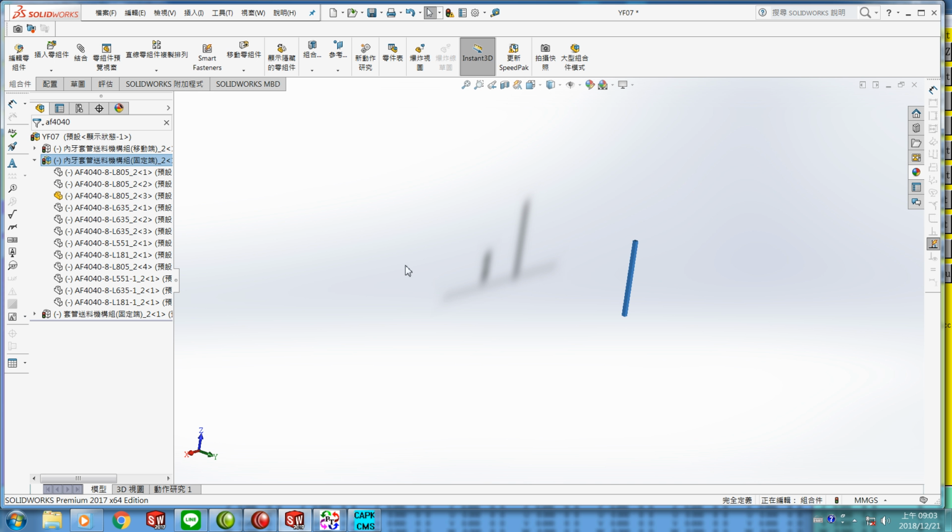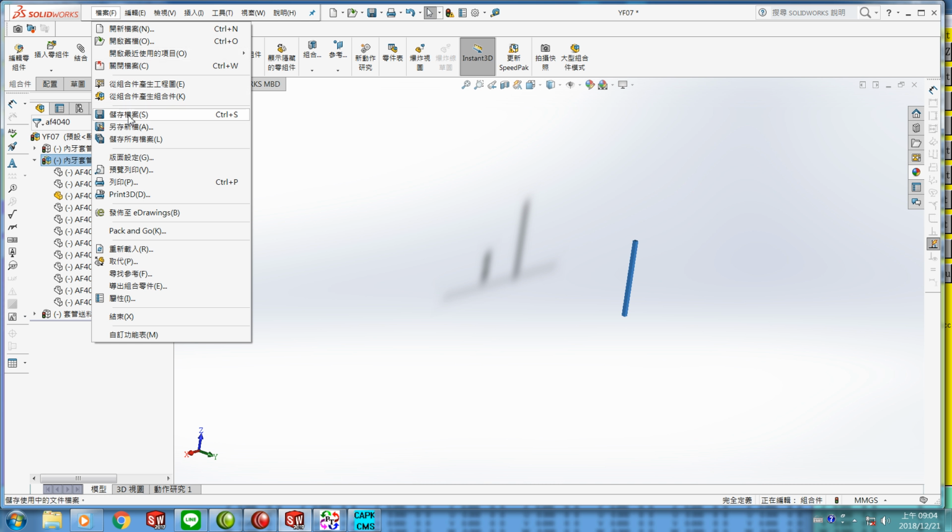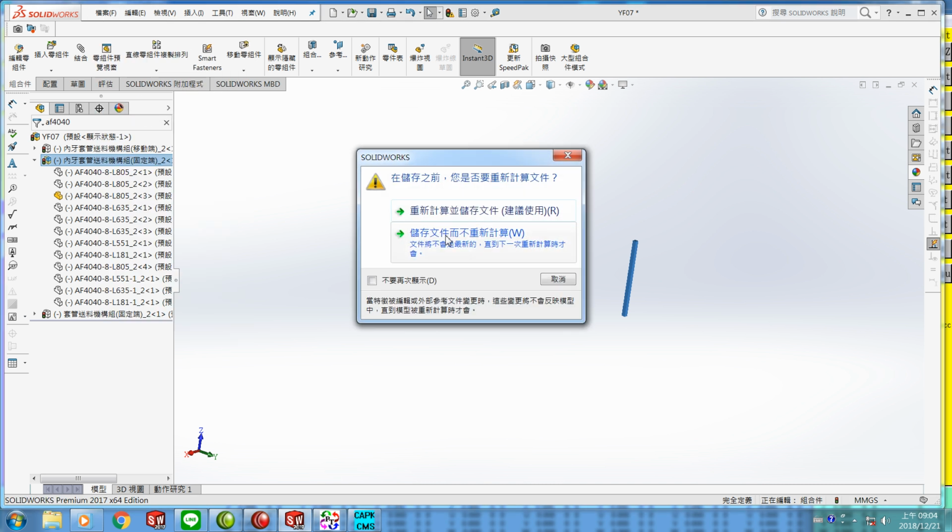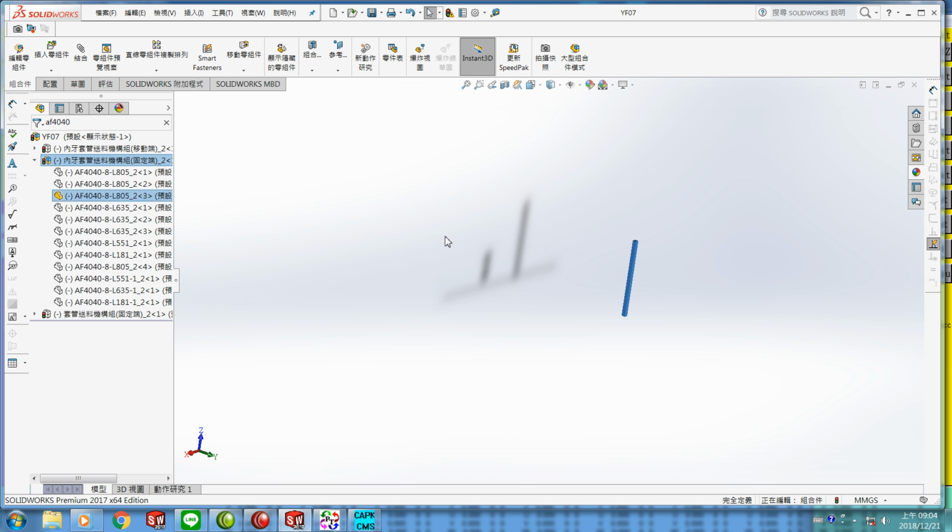Okay, after 3 selected components are seen on the screen, although right now only 1, but the rest 2 already be opened, but not show on here. That's okay. Right, in this stage we have to save file, save and no calculation. Okay, after saving, press at the screen anywhere to remove the highlight in here, and then we'll